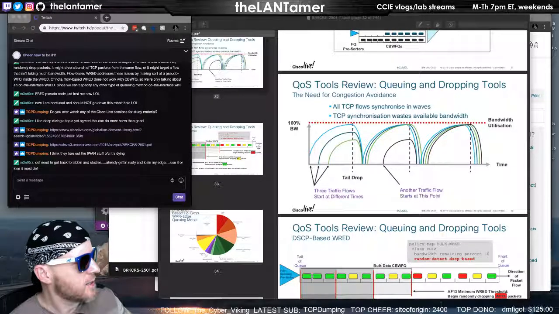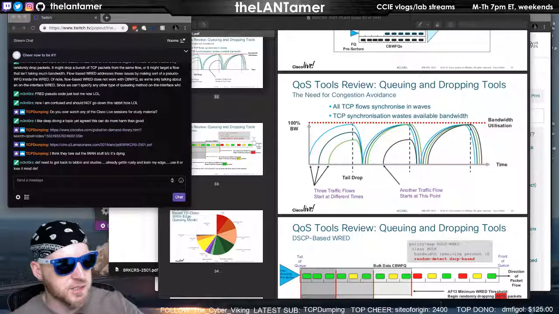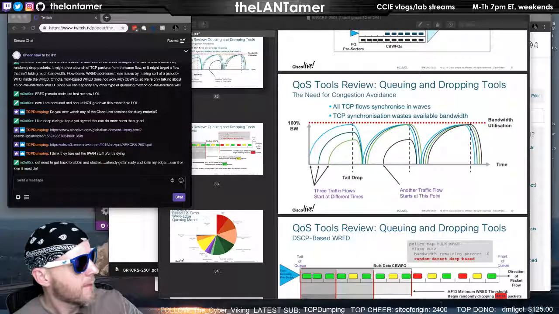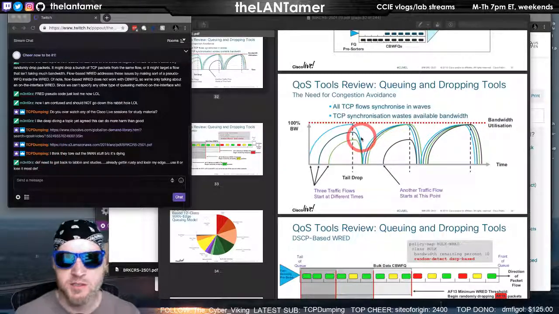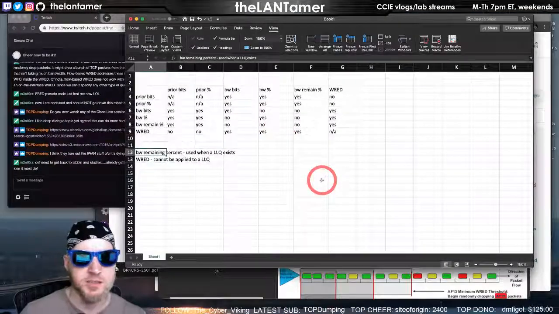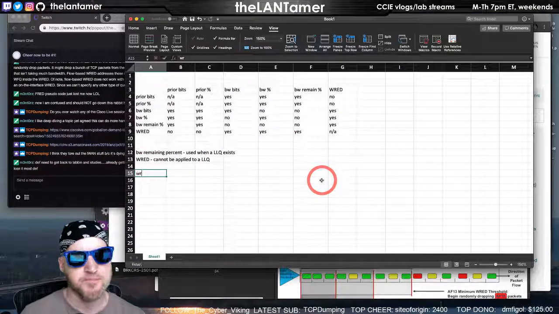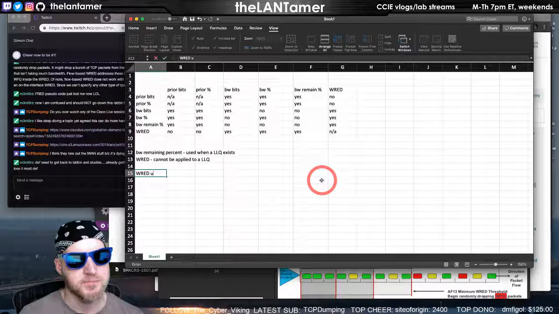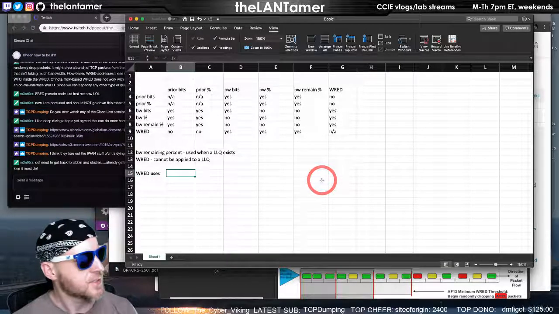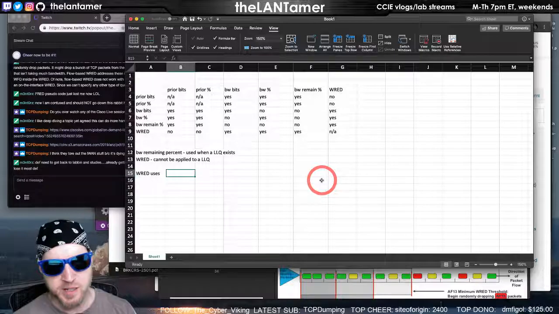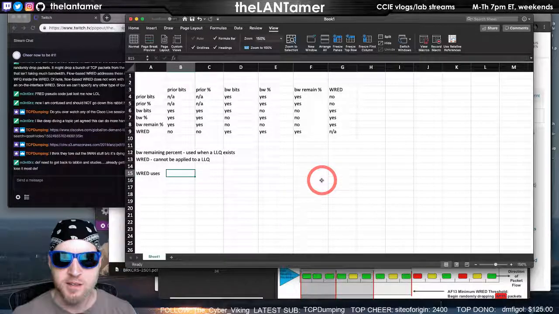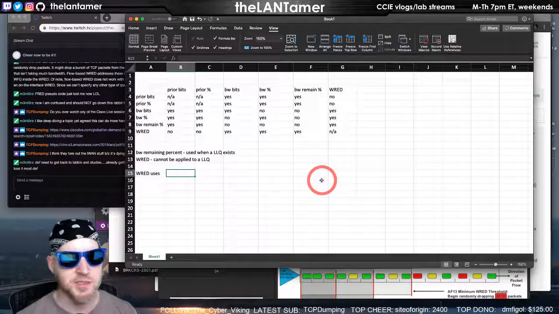Okay, so RED needs a queue to work. This is network lessons. It doesn't work for all queuing mechanisms. Okay, so let's note this. So RED, see, leave it to Renee Molinar to create some bullet points, easy to understand.